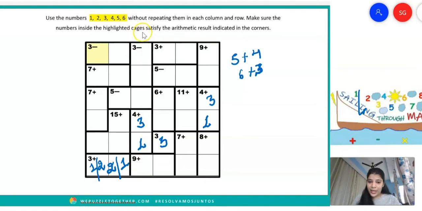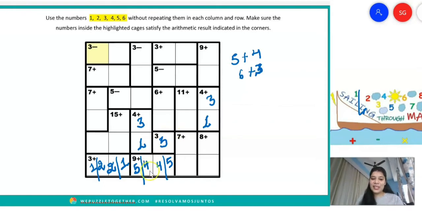In this row, in this column, already 1 3 is there, and again in this column, that is in the third and the fourth column, 3 is already there. So if 3 is already there, I can easily see I cannot place the number 3 inside this cage. So if I cannot place the number 3 inside this cage, then the only possible combination I am left with is 5 and 4. So let me just write 5 here slash 4 here and 4 slash 5 here.